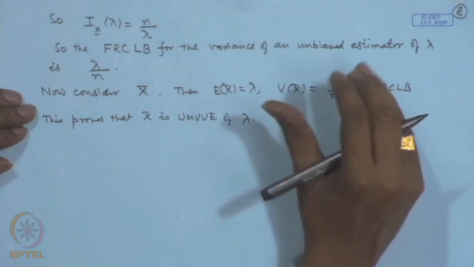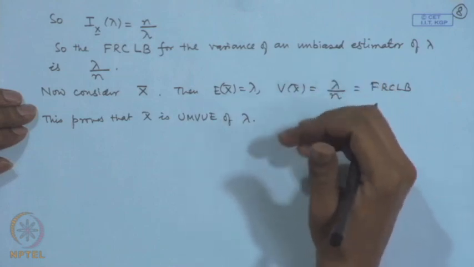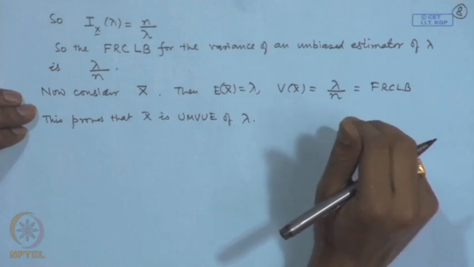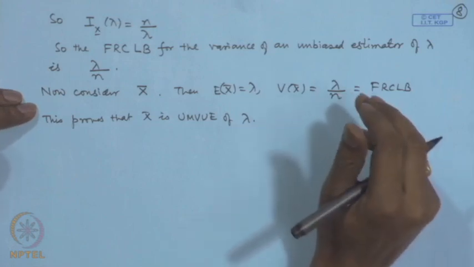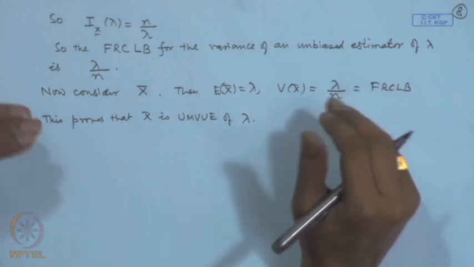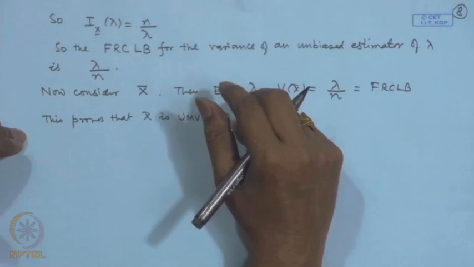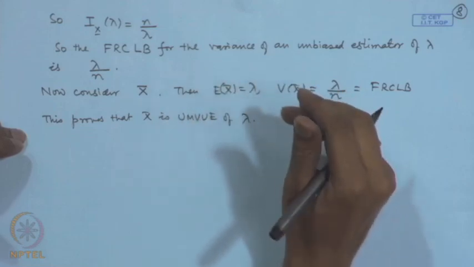In this particular case, in the Poisson example, I had given several unbiased estimators. For example, S square I had given, (X1 plus X2) by 2 I had considered. Each Xi is also unbiased for lambda. But you can see that among all of them, X bar will be preferred, because this is the uniformly minimum variance unbiased estimator. That is all for today's lecture.